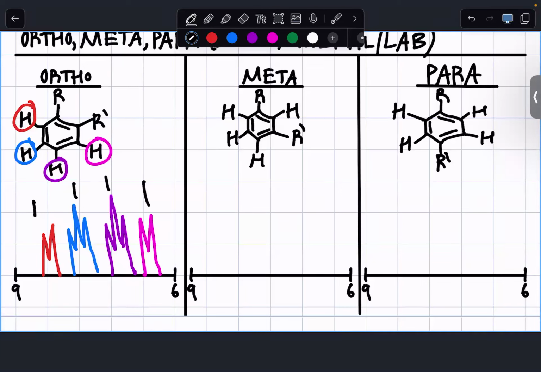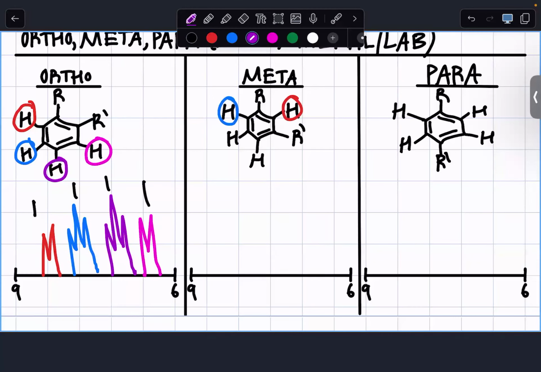Okay. So if you see this pattern here between 6 to 9 on the HNMR, 2 doublets and 2 triplets with a total of 4 hydrogens, you know your benzene ring is ortho. That's how you tell. Now for meta,